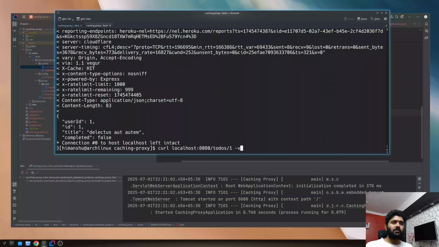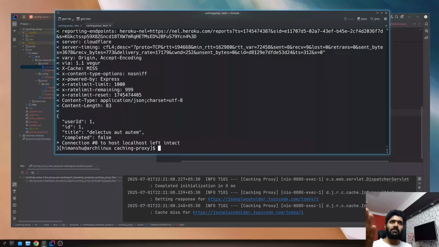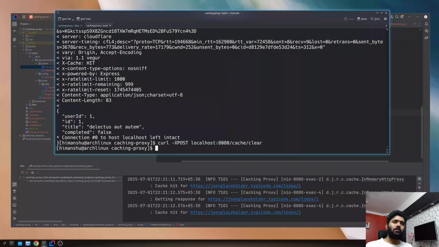Now let's send this request again. We have cache miss. Send it again. We have cache hit. We have cache hit. Now let's empty the cache. Curl post